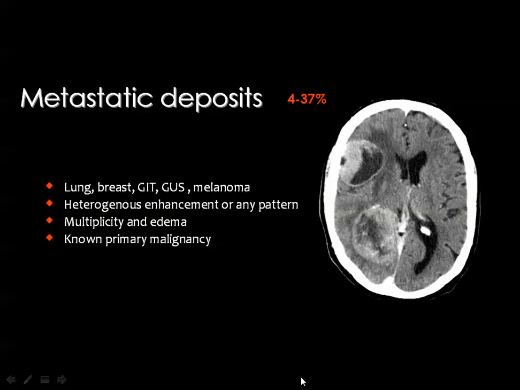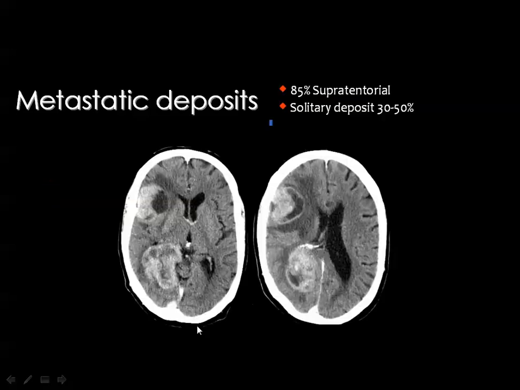Then we came to an important issue, which is the metastatic deposits. The metastases usually show heterogeneous pattern of contrast enhancement. They are multiple, they are surrounded by extensive perifocal brain edema, and the patient is usually known to have some type of primary malignancy. Then this is a classic appearance of metastatic deposits: heterogeneous enhancement, significant perifocal brain edema, and